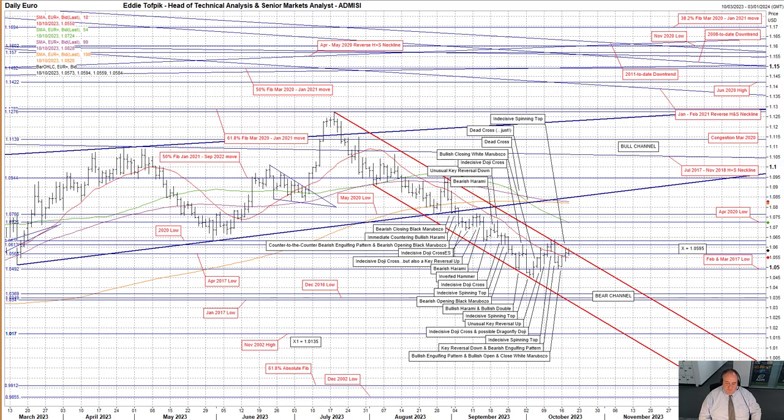Euro against the US dollar. I have been away for a while, attending both domestic and international technical analysis conferences, which has given me the opportunity to cast fresh eyes on these currency markets, and this is what I currently see here in Eurodollar.